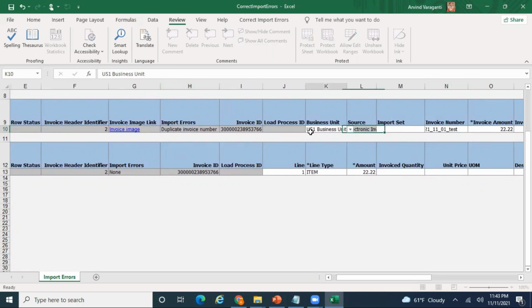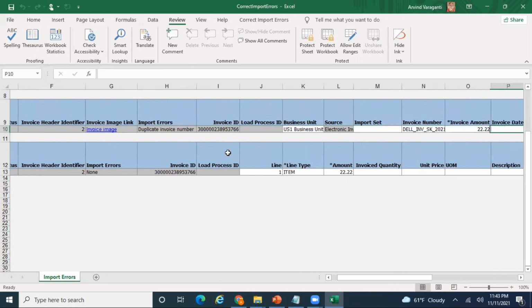Unfortunately, this particular error message does not show all the available errors of this record. It shows only one by one. In some cases it shows one or two errors, but it will not show all the errors. So you never know, once I fix this, there could be some other error as well once I import.